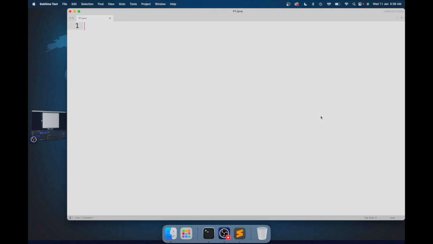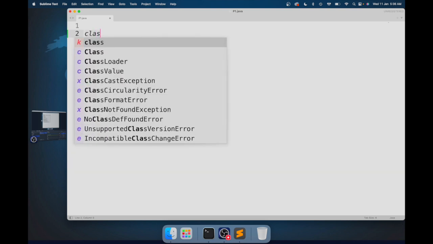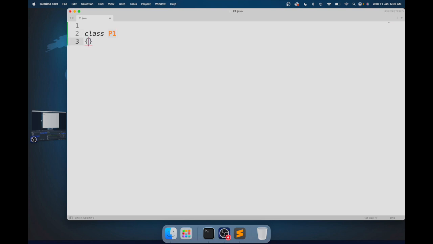After opening this file, we are supposed to create a new class with the same name as our file name. Since our file name is p1, I am going to create one class p1, open bracket, closing bracket. Since we are typing our main method in this class, this class name should be the same as your program name. And now let me give the default prototype of the main method in Java, which is nothing but